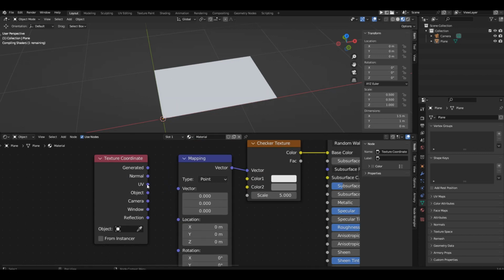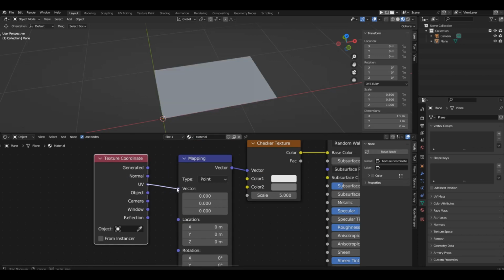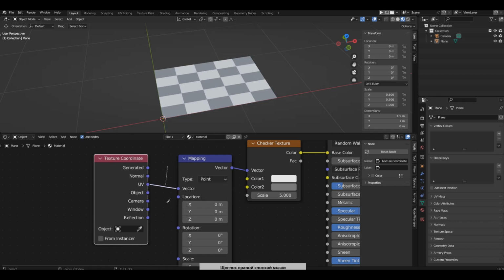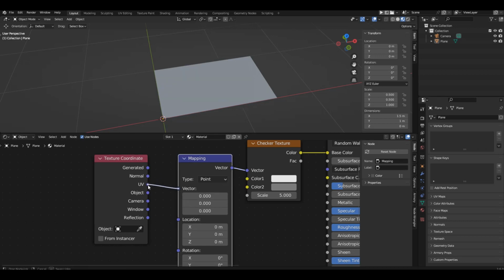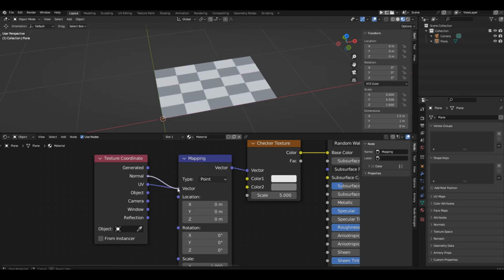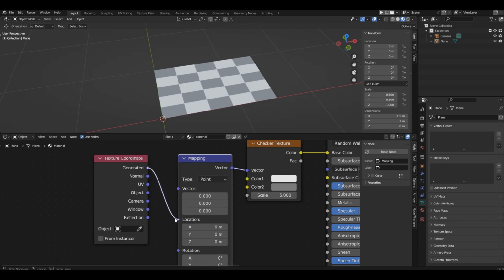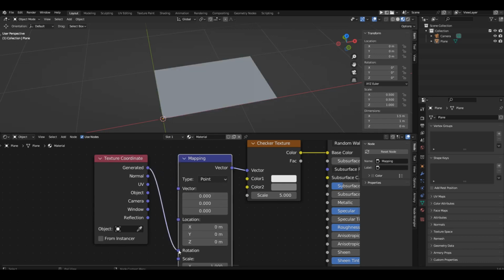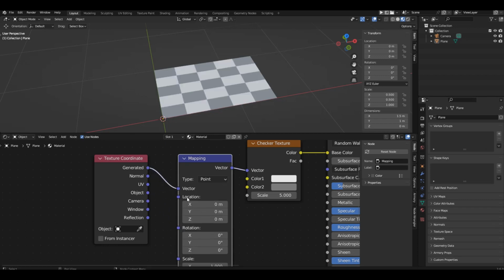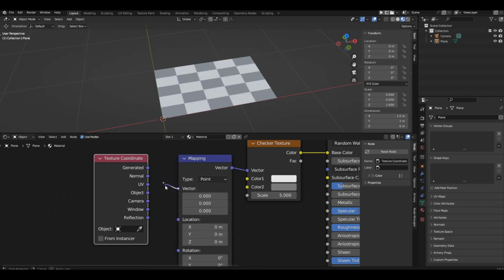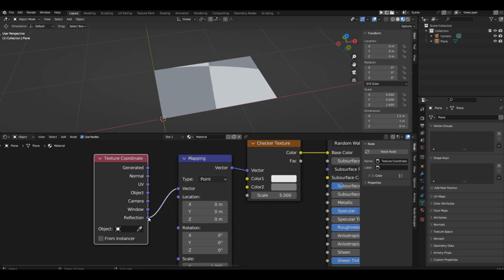Normally, connections are made from left to right, from output to input. But it can also be done the other way around. If the input is already occupied, the new connection will simply replace the old one. If you just want to change the input, pull out the hose and plug it into the new socket. The same can be done with the output, but in that case, you need to hold down the Control key, because it's an output, not an input.